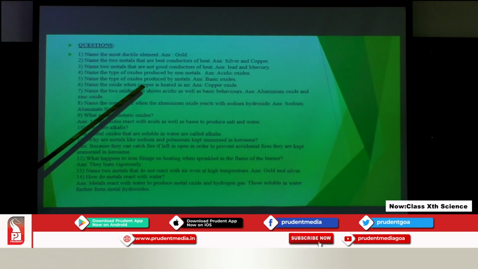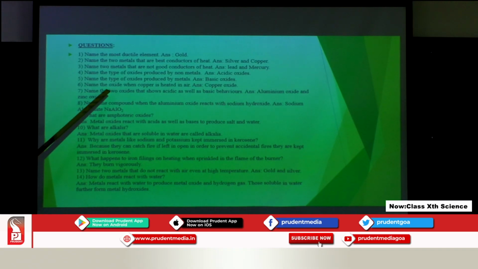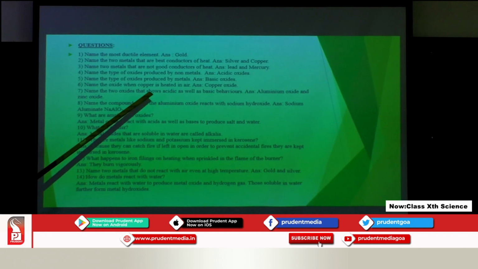Type of oxide produced by non-metals is acidic oxide, and the type of oxide produced by metals is basic oxide. Next, name the oxide when copper is heated in air. When copper is heated in air, we get copper oxide. So the black coating which we have seen on the copper utensil is copper oxide. Now, the two oxides which show acidic as well as basic behavior,